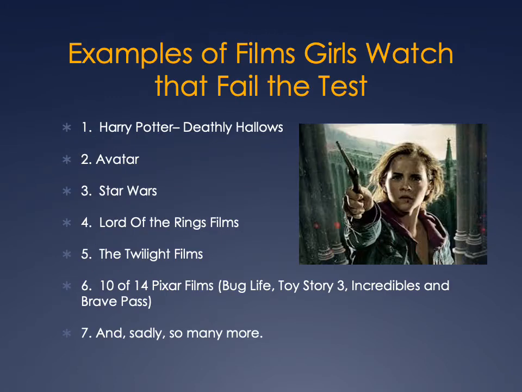Of films that girls watch that fail the test. Oh, there's the list. I don't need to read through it. You've got it. Now, for example, The Deathly Hallows are a very good pair of movies. Very good, but they can't pass the Bechdel test